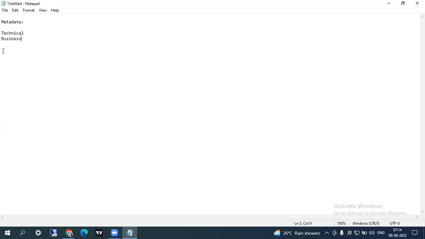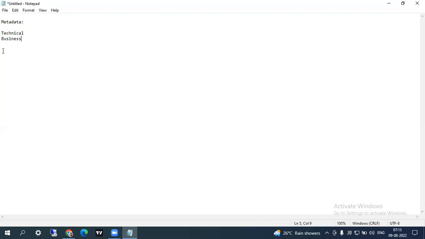End users are the ones who sell the things. If you want to take a report and submit it to the management, there you can see which batch it has come, on which date it has come, all those things regarding that particular product. So that is business metadata. Understood the difference? Okay.